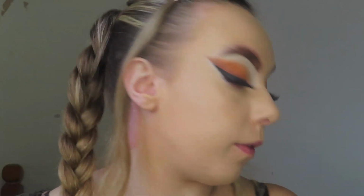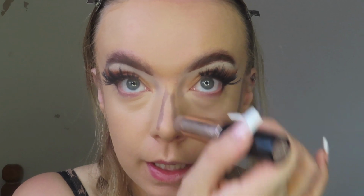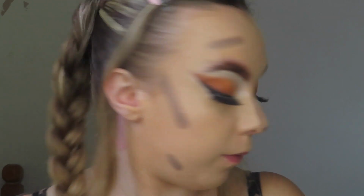Lovely. Really love this foundation. It's my ride or die foundation. Then I'm going to go into the Anastasia Beverly Hills contour stick in Mink. She really likes to contour and warm up her face, so yeah, we're starting with, I don't know if